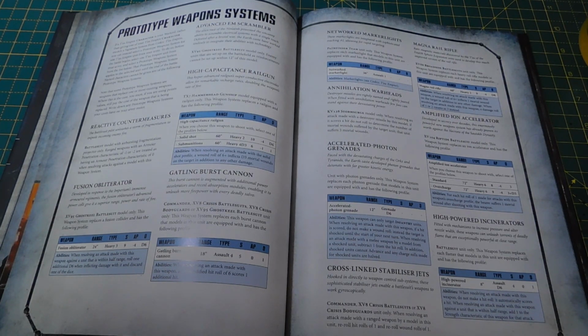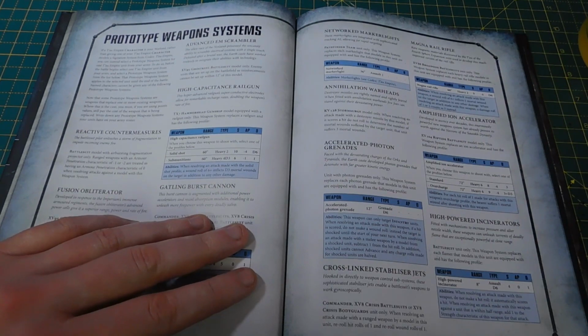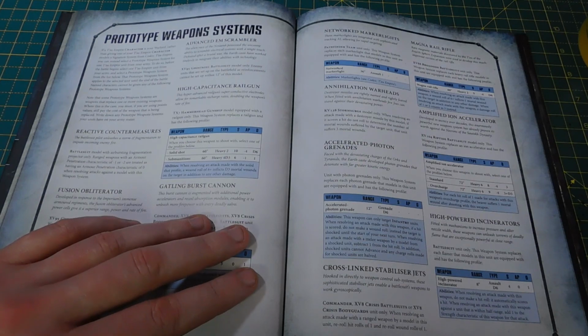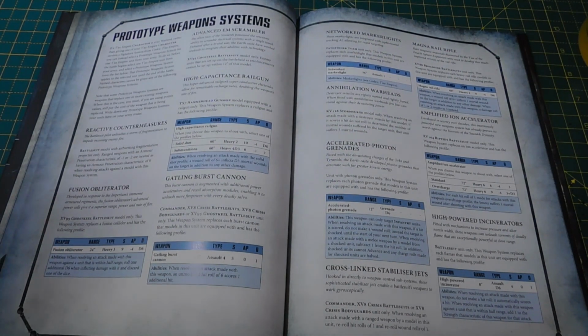Advanced EM Scrambler. I think this was previewed on the community page. Ghost Keel Battlesuit model only. Enemy units that are set up on the battlefield as reinforcements can't be set up within 12 of him. That is actually really, really big, considering that this guy infiltrates. He doesn't deploy. You infiltrate him during your deployment. So if you are deploying first and you put him down, suddenly your opponent's scouts, eliminators, whatever, Invictus Warsuits...